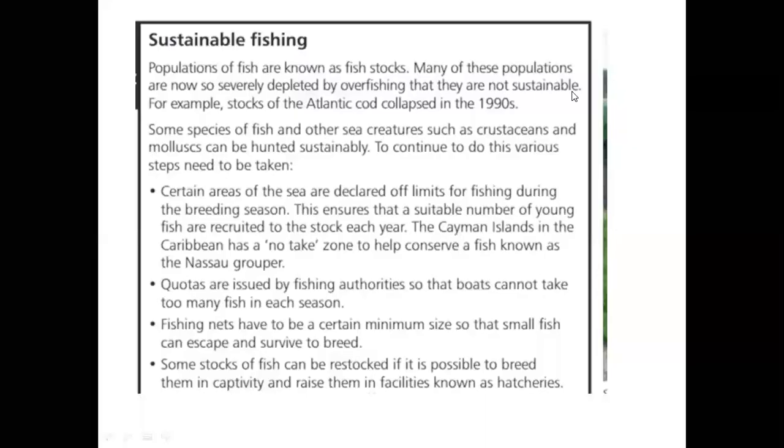Another topic of discussion is sustainable fishing, right? We should conserve fish. We should not harvest more fish from the sea. For that reason, there should be certain rules and regulations. So what are the possible rules? The first thing is the country should make a rule that in certain areas, especially in breeding season, people should not harvest fish from the sea